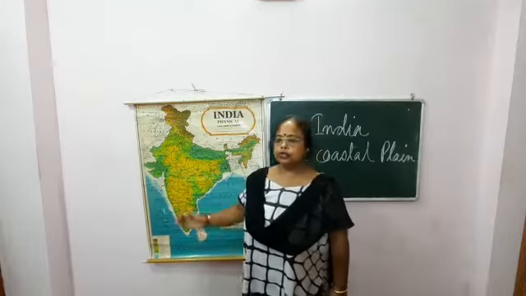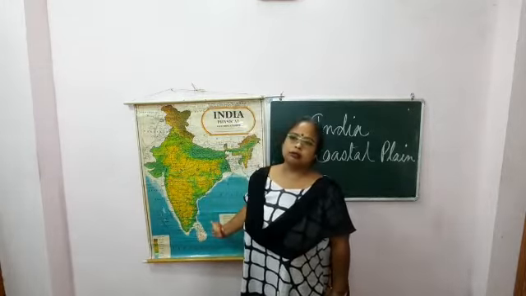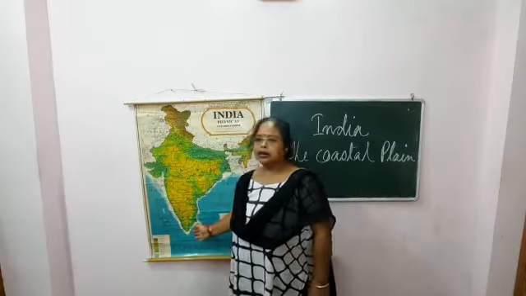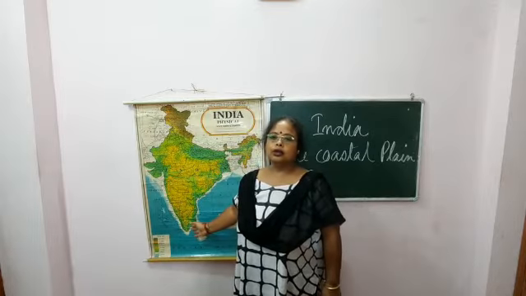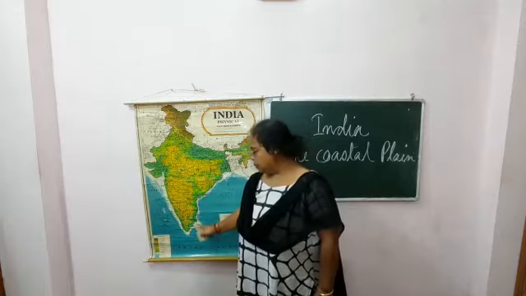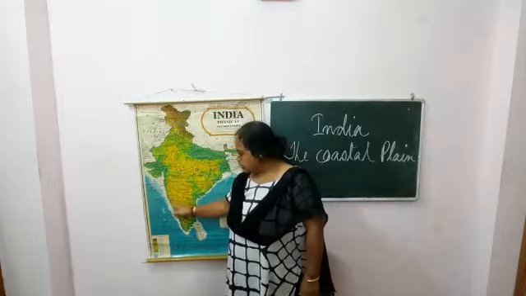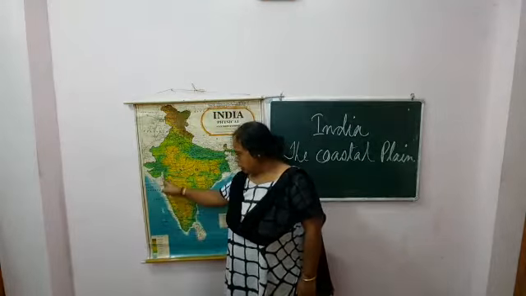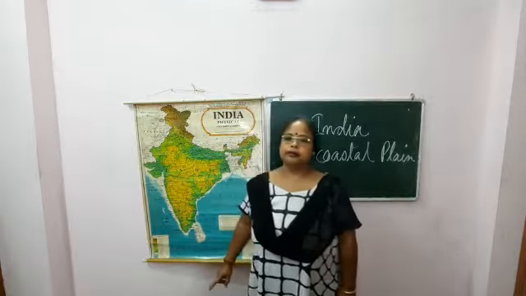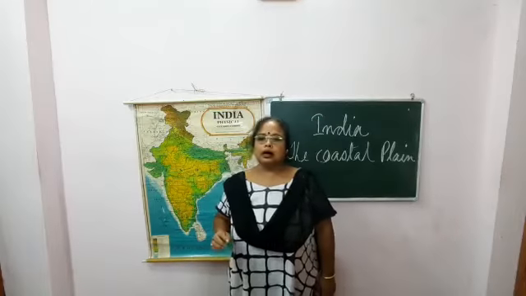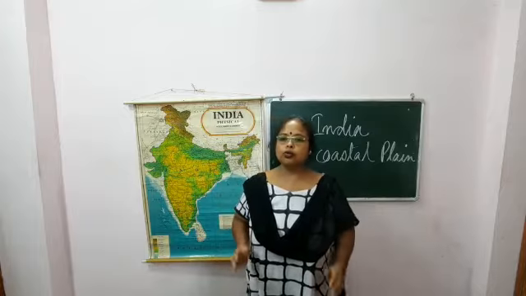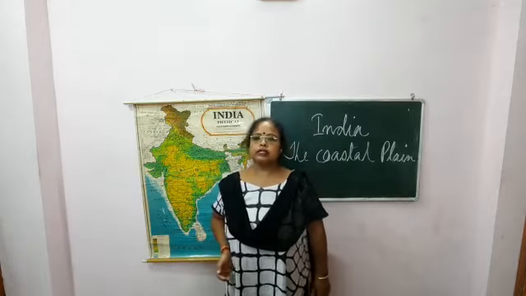They are found on both sides of the peninsular plateau. To the eastern side there is the Eastern Ghats, and the Eastern Ghats lie along the eastern coastal plain. On the western side, in the same way, the Western Ghats lie along the western coastal plain. The northern plateau is flanked by narrow coastal strips on both sides.